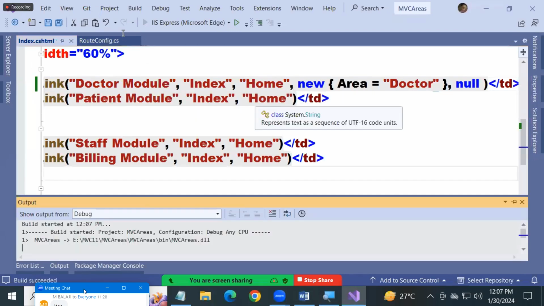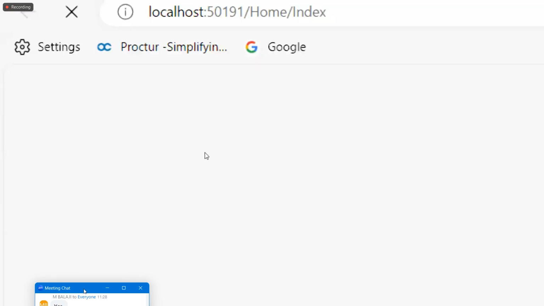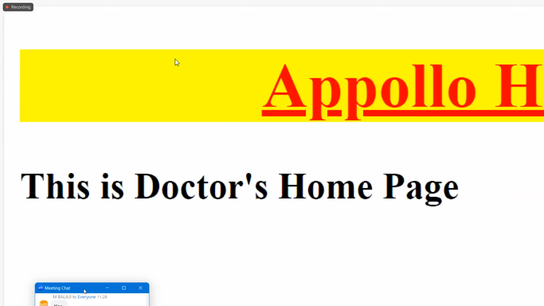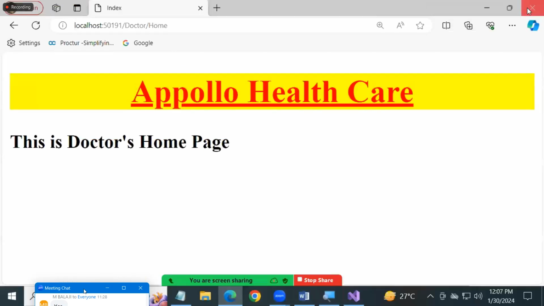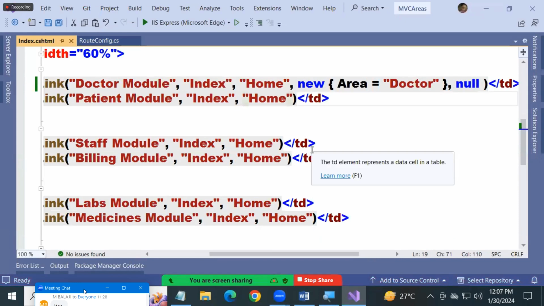See the address bar. Home and index. Let me click on doctor. See the address bar. Doctor. The namespace name is taken in the area now. The area name is taken up there now. So now everywhere I should write the same only now. Say, second one, Html helper, comma,